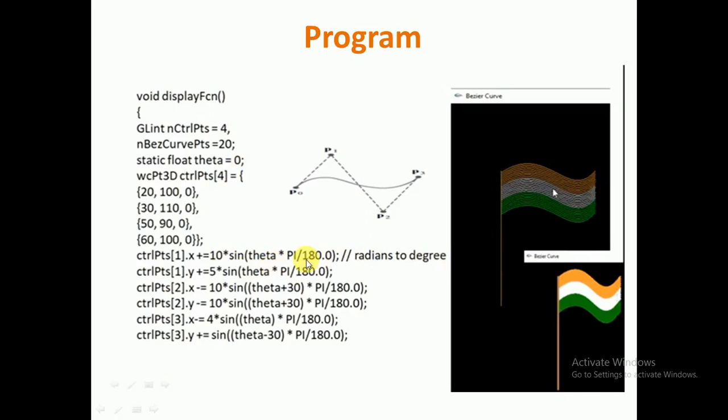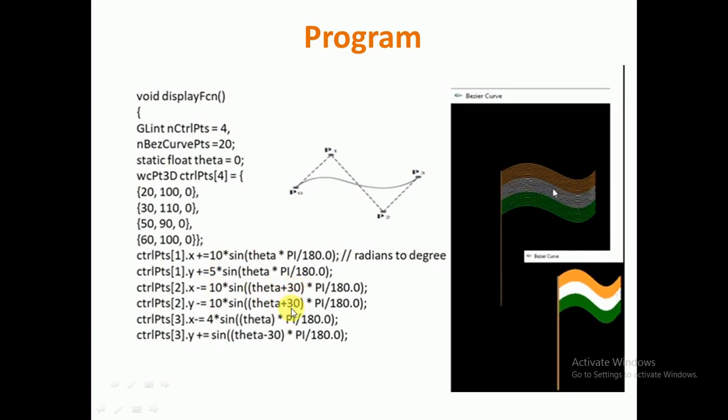Then we have given theta a different phase angle, so that you can feel that the flag is animating properly. We have simply changed the phase angle of the sine wave, right? Then this is the number of foldings, meaning how fast you want that movement, which will be decided with these values. If you want, you can change these values also. If you change this one, then the animation will be very fast, you will feel it very fast. Then just to change the phase angle, we have changed plus 30, then same, then minus 30,